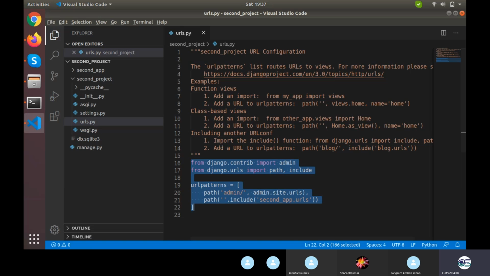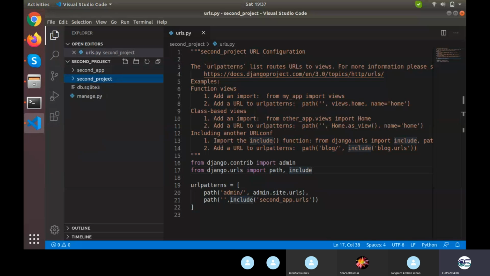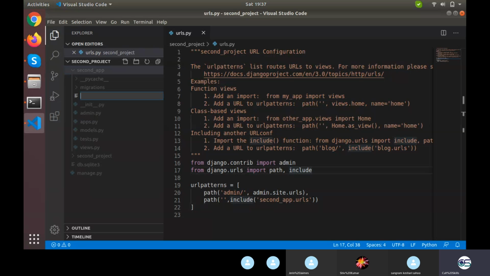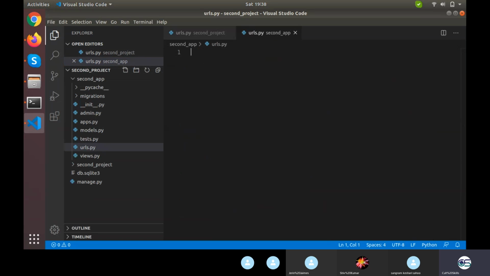Okay, so now the next task is go to your second app folder. Just close this folder, go to your second app folder, create a new file. Whichever text editor you are using, it will let you create a new file. Name it urls.py. Please make sure that until you master Django, do not play with naming. Just use the names as mentioned in the community versions, or the common names they are already using. Do not play with the names so early in your Django journey. You'll end up in trouble where you will not even be able to communicate to people at what particular file you are facing issues.